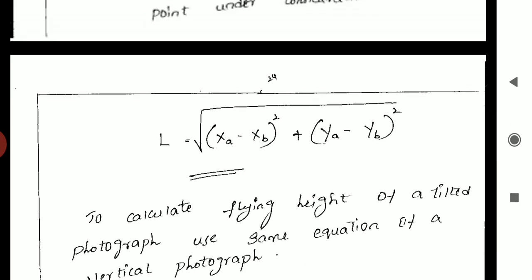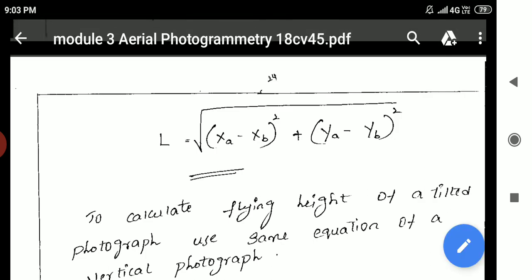So I will end this session. Tomorrow, in the next session, I will explain, or else I will dictate some problems regarding tilted and vertical photographs. The next session is purely based on tilted and vertical photograph scale factor. So please must and should practice the derivations. The fourth module, aerial photography, has a lot of derivations. Please be thorough with this module, and also it is the easiest module. Thank you.